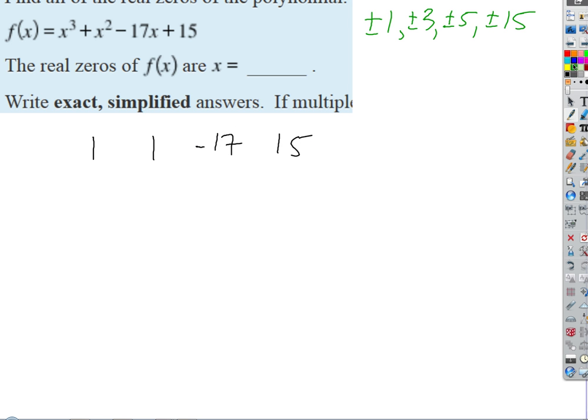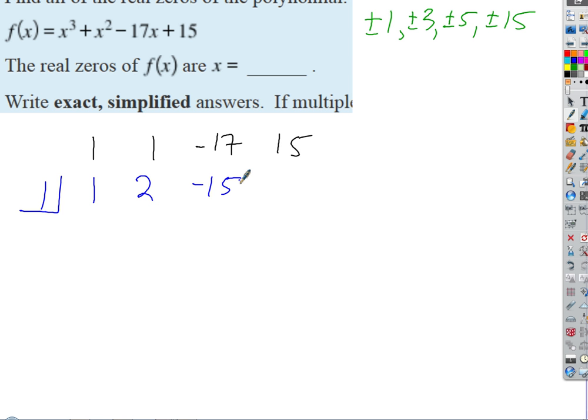Now each line will correspond to a test value. So let's try 1. Remember, we're going to do all the operations at once. We populate this row with the numbers that would have shown up below the bar in synthetic division. So what goes here? 1. We bring the 1 down. Now what? 1 times 1 is 1, plus 1 is 2. 2 times 1 is 2, plus negative 17 is